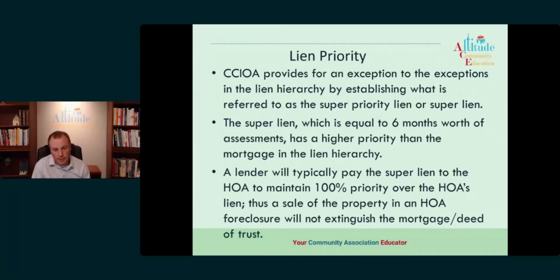In an HOA context, you still have those state or federal liens. Then you have the 6 month super lien for the association. Then you'd have the first mortgage. Then you'd have the rest of the association's lien, and then a second mortgage, and so on down the way. So the statute allows us to have this additional priority. And the idea behind having a priority lien or a super priority lien was that back in the early 90s, when this was first going on, foreclosures could be done much quicker.